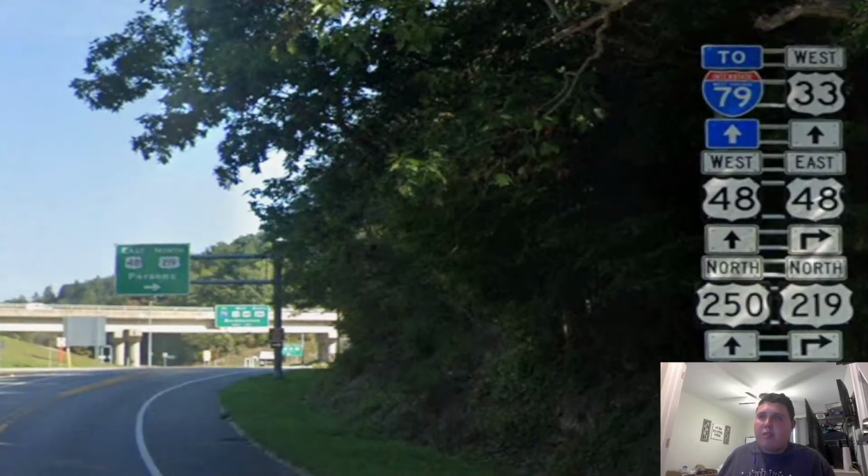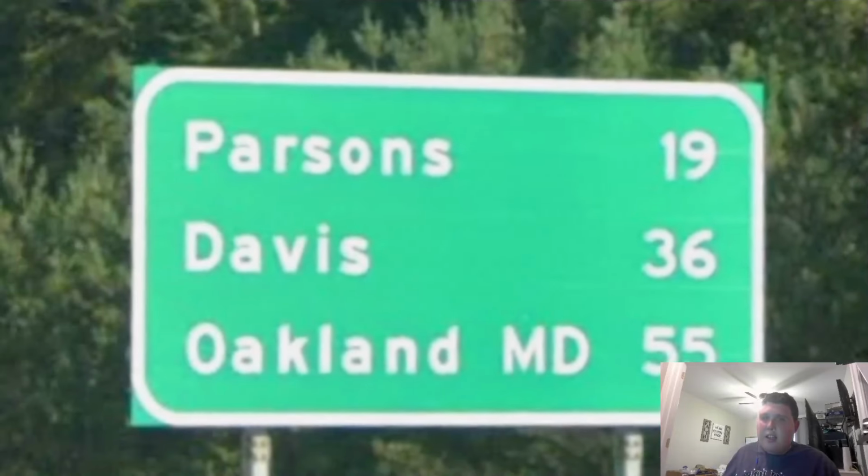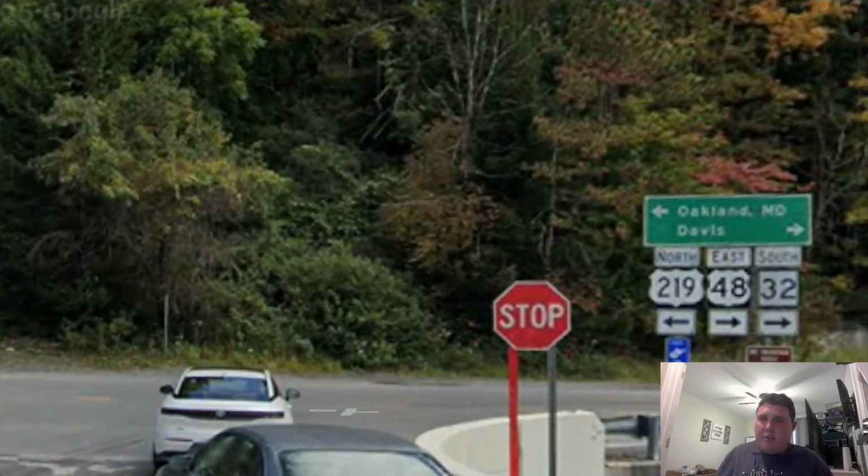Here is where we're going to be joining with US Highway 48 eastbound, and the other two highways are going to be joining with 48 west, as 48 east and 219 are getting signed for Parsons. And our next mileage sign, we get Oakland, Maryland now as our primary from 55 miles away, which I think is a good choice. And here's where US 48 splits off from US 219